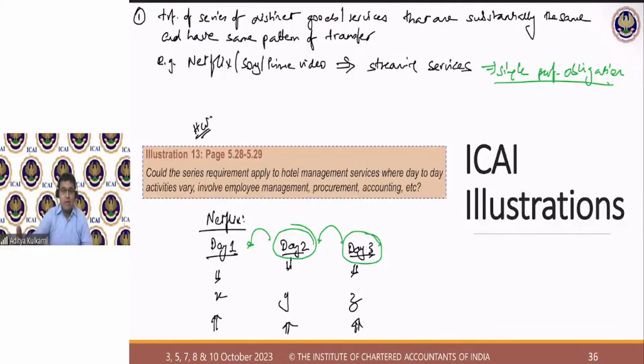But that is the question, no? When will the obligation get over, sir? Yours is a continuous obligation. The continuous obligation gets over only in two cases: when the customer terminates or the vendor terminates. The customer may not terminate, so it may go on indefinitely. So if it goes on indefinitely, then at that point of time, how are you going to recognize the revenue? Brother, you need some basis.